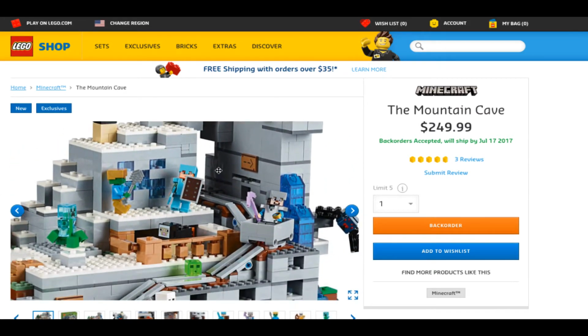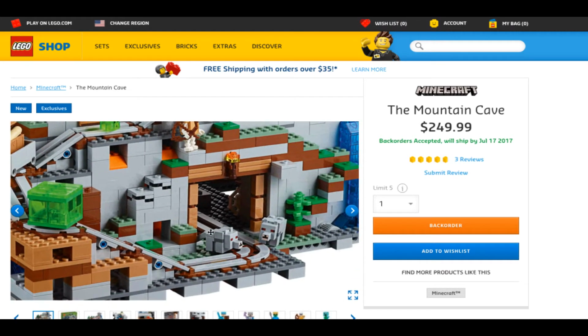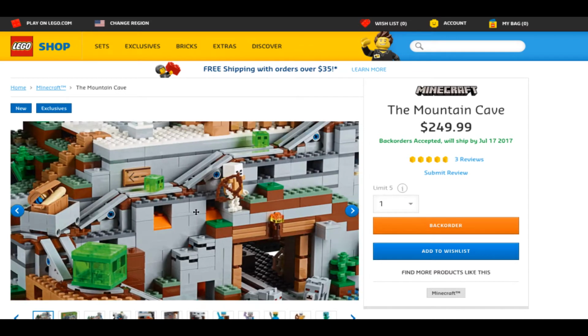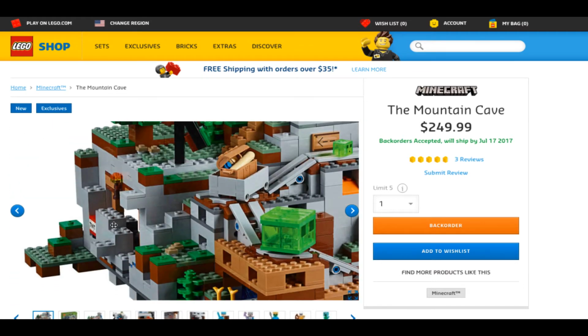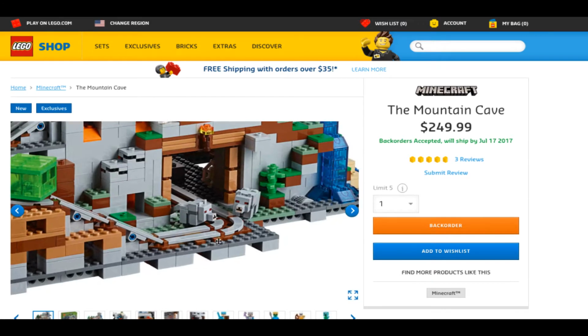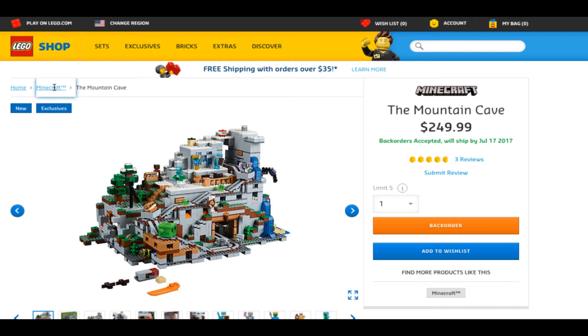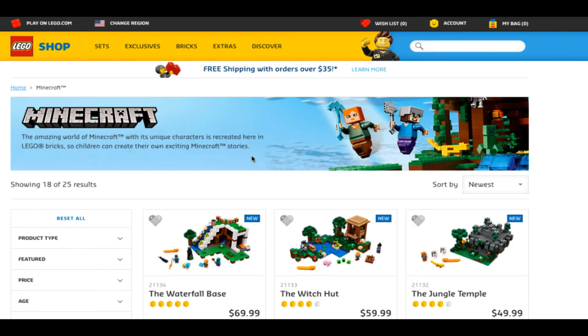So it looks pretty decent, especially if you're into Minecraft. I really don't like these kinds of sets themselves. There's a lot of pieces here, but they're very basic 2x4 build and pieces. There's nothing really unusual here. Let's go into the Minecraft,